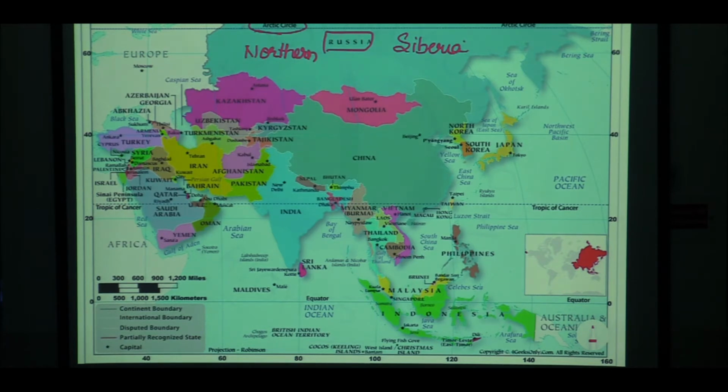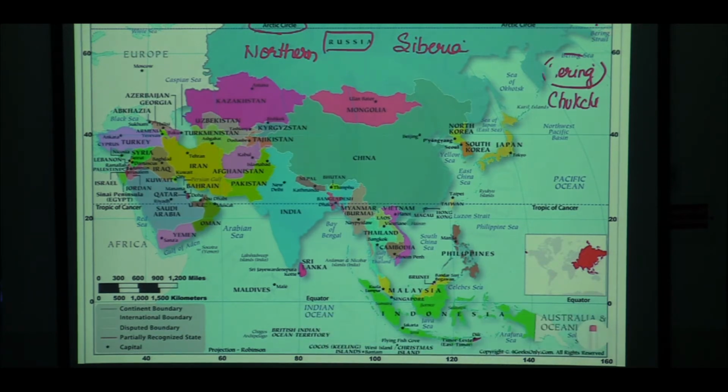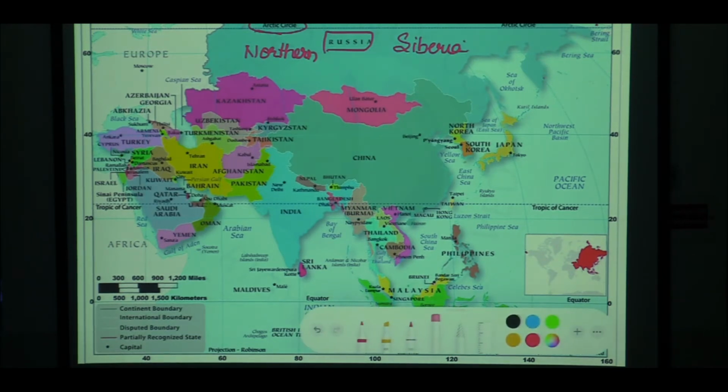Added to it, if I have to pick up references of important locations, shading it up, this part is recognized to be the Chukchi Peninsula, and it is the Chukchi Peninsula that shares the absolutely narrow strait called the Bering Strait, separating it from the seaward peninsula of Alaska. So the Chukchi Peninsula of Siberian Russia, demarcating the Bering Strait, takes me to the Alaskan Peninsula.